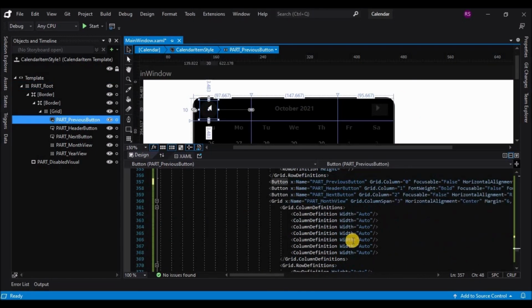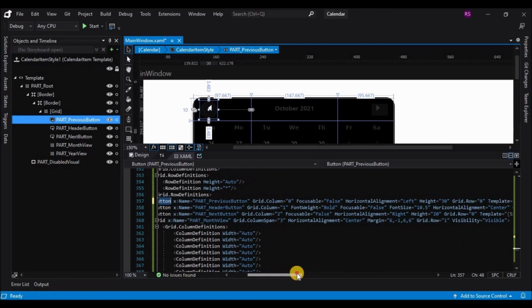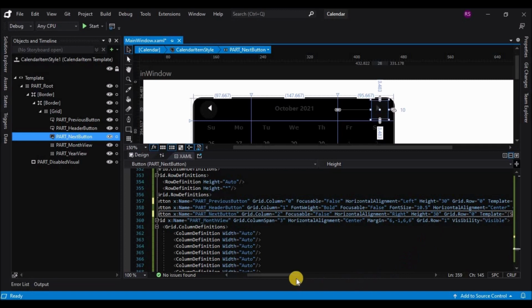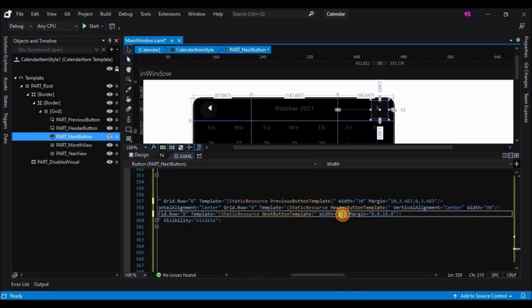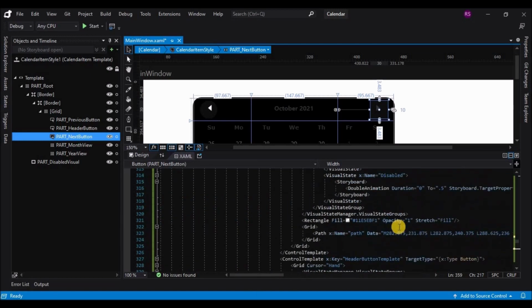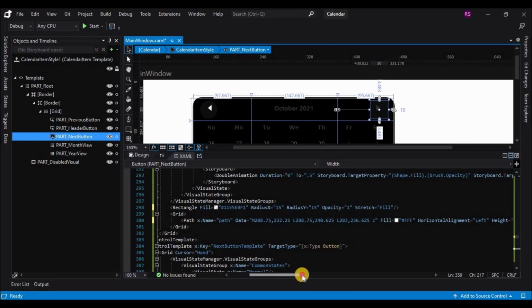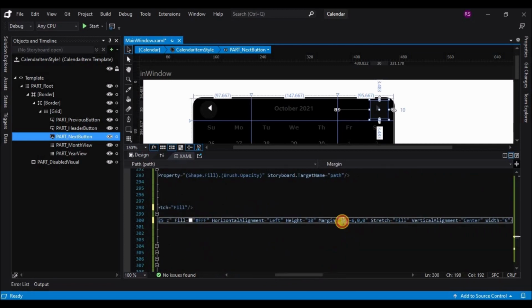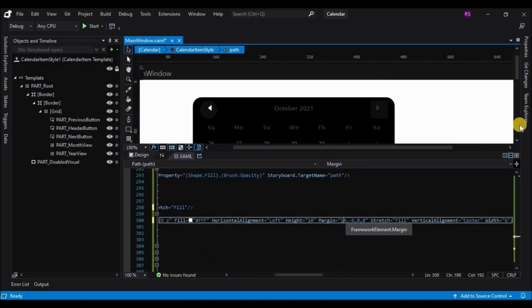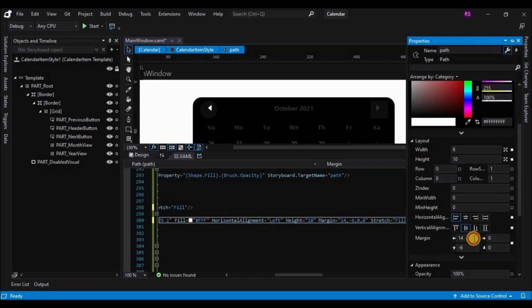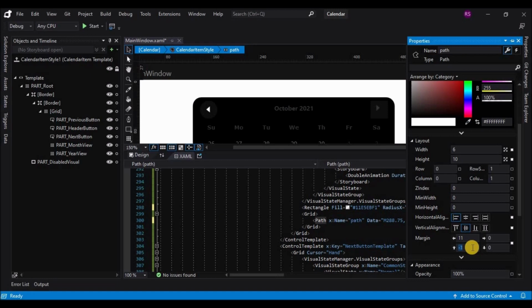Now we have to do one more thing, and that is we'll have to change the same width and height for the next button. And once that is done, let's go back to the path geometry of that button. The path geometry is nothing but the triangle inside the ellipse, and let's change the margin so that it appears at the center.